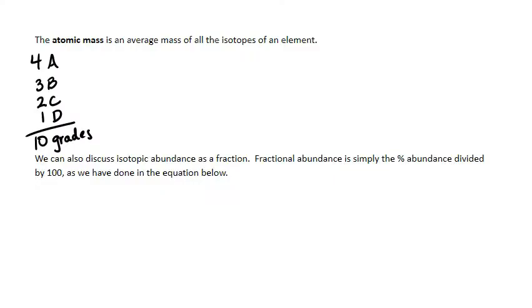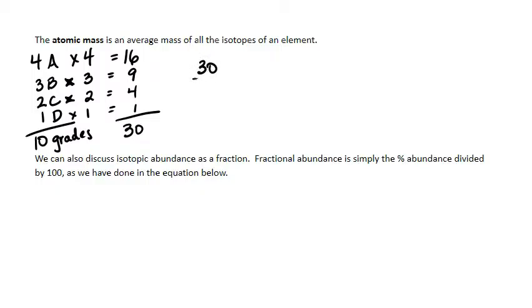So what I'll do instead is multiply those 4 A's times 4, and that'll give me 16. And my 3 B's times 3, which will give me 9. And my 2 C's times 2, and that will give me 4. And my 1 D times 1 to give me 1. So then I end up with 16 and 9 is 25, and 4 is 29, and 1, 30, right? So then if I take 30 and divide that by 10 grades, then I end up with a GPA of